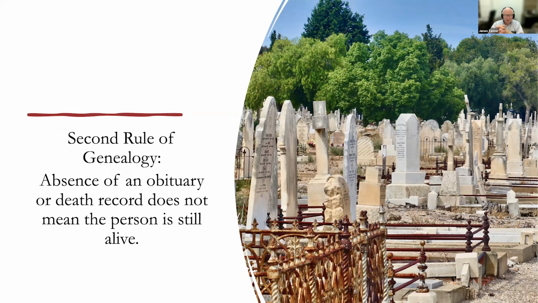And yet there are people who come to me and ask, I've never been able to find a marriage record for this couple, so what can I do? I don't know if they're married. And the answer is, did they live together? Well, yeah, they're on the census. Did they have children? Well, yeah, they show census children. Well, then as far as genealogy is concerned, they were married.